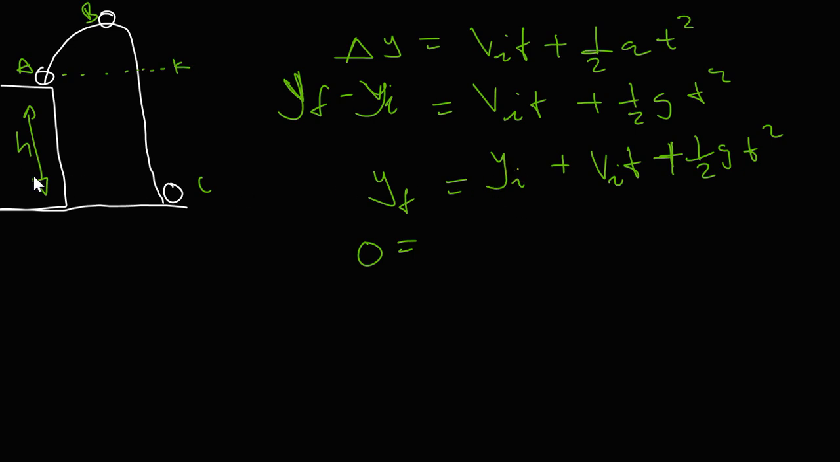And y initial, we know that our height initial is the height of the building that the ball was launched from. Let me just call it big H. And that is going to equal v initial. We did talk about v initial. We know that v initial, we're looking at